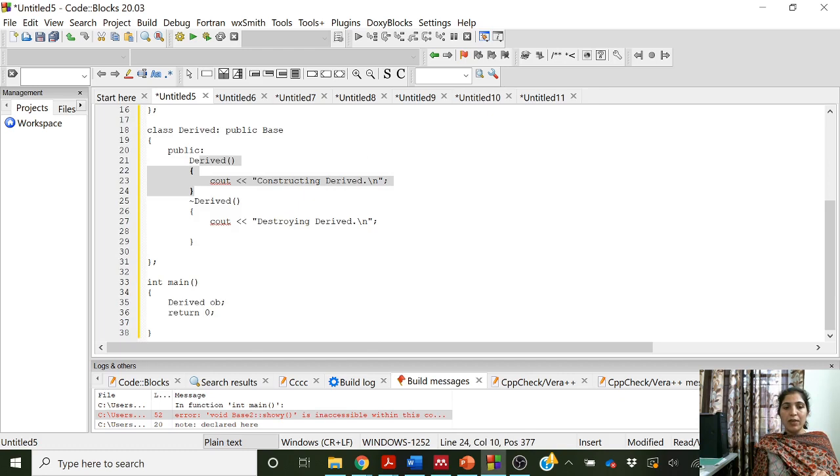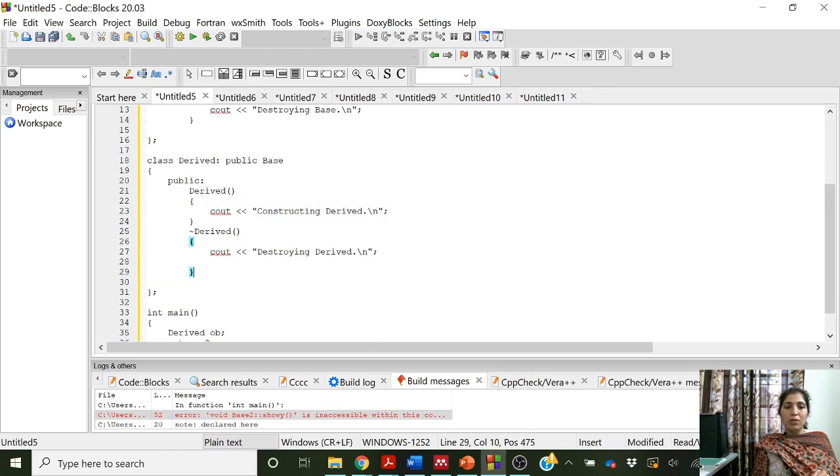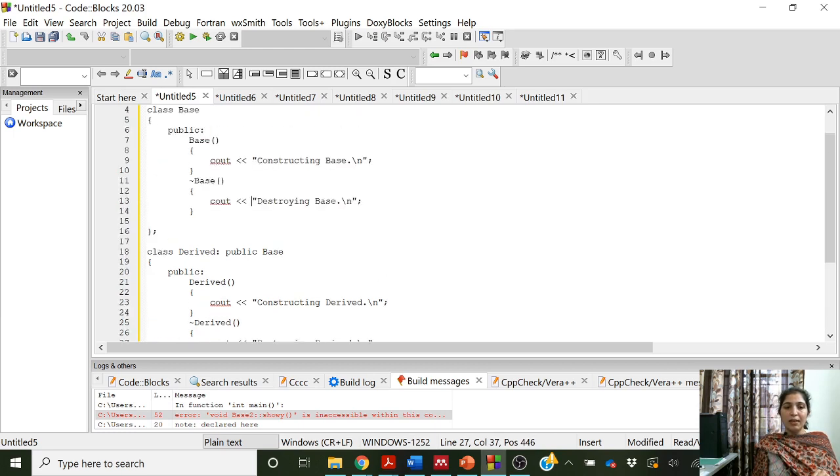Okay, and when the program will come to an end, the destructors will be called. So first the derived class destructor will be called. So destroying derived will be printed first, and then the base class destructor will be called. So it will print destroying base. So let us run it.